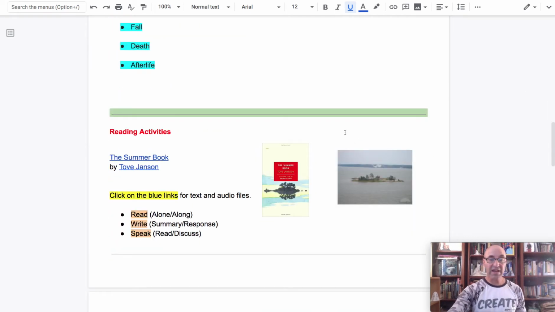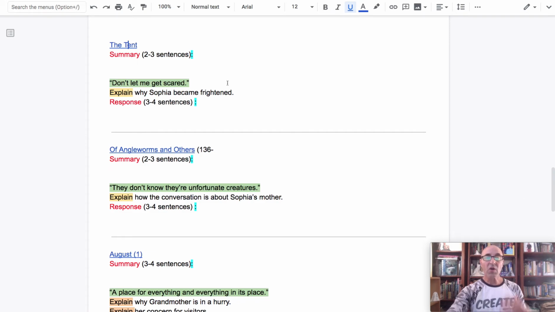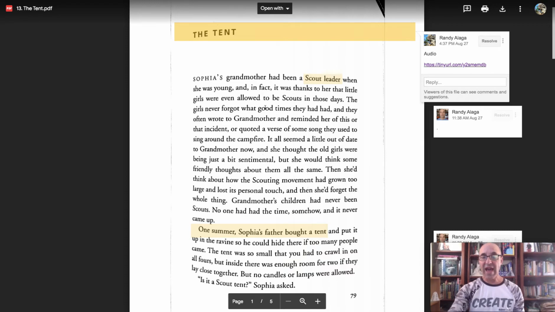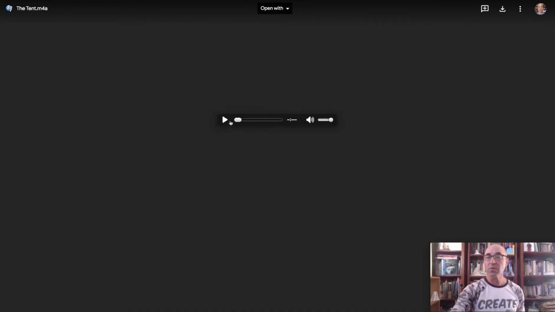The reading activities below are all digital, so each one of the documents has links to digital copies, PDFs. So you click on it, it launches a PDF. This PDF is annotated. It also has an embedded audio. So if you click on the audio link, it will load the audio